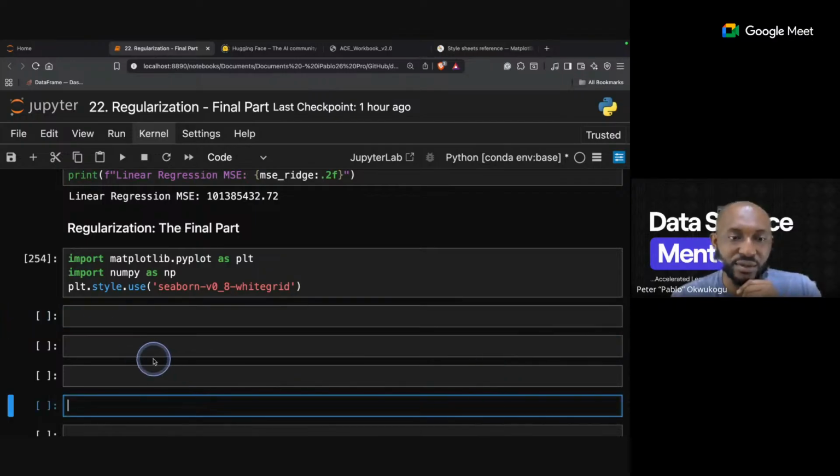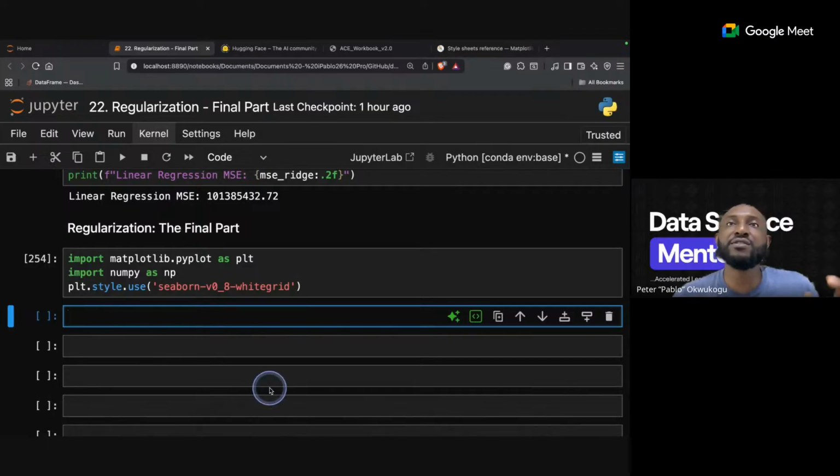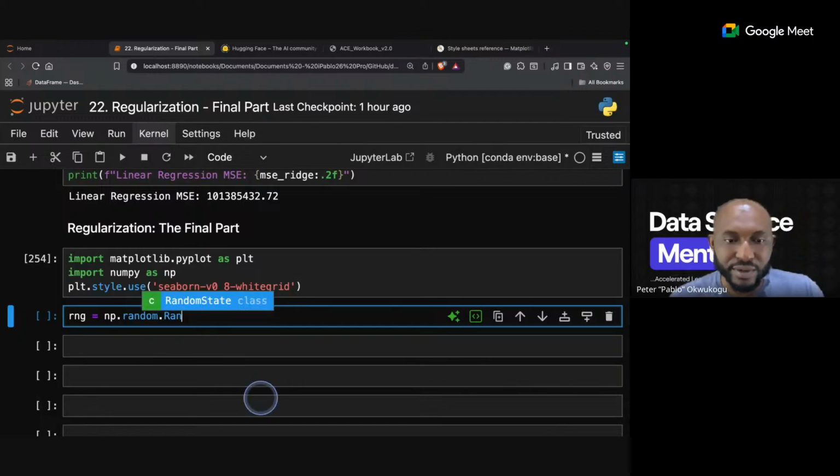To talk about that, I'm going to generate data and then use that to describe what we're doing. Again, this is like a wrap up. I'll start off by using this, which is often used: a random number generator. I'll use NumPy and say np.random state.